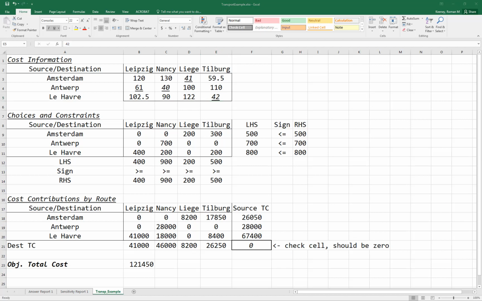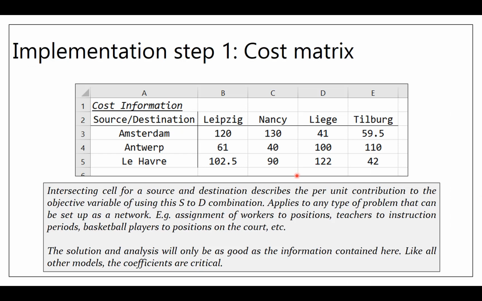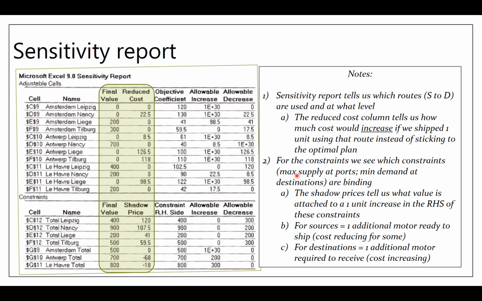Yeah, so let me get back into PowerPoint here. Take us back to where we were on the sensitivity information, and we want to point out, where do we see that next best information? Well, let's pick one that is in the solution, so something like Le Havre to Tilburg, 200 with an objective coefficient of 42. If you look at the objective, the allowable increase,